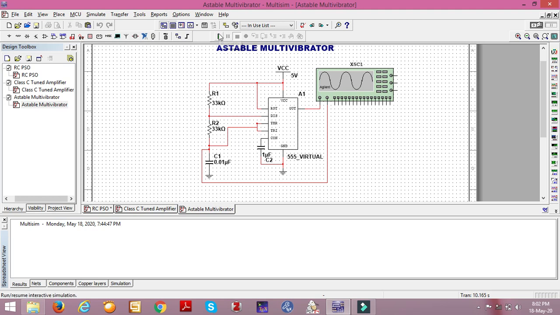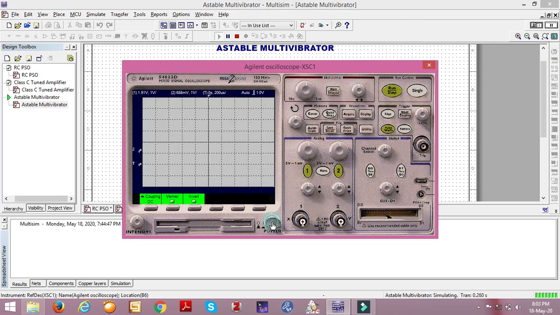So let us demonstrate the output. Okay, this is channel 1, channel 2, both are selected. This pulsed waveform represents the 555 timer output. This is the astable multivibrator output. It doesn't require any input. Without input it is giving some output.